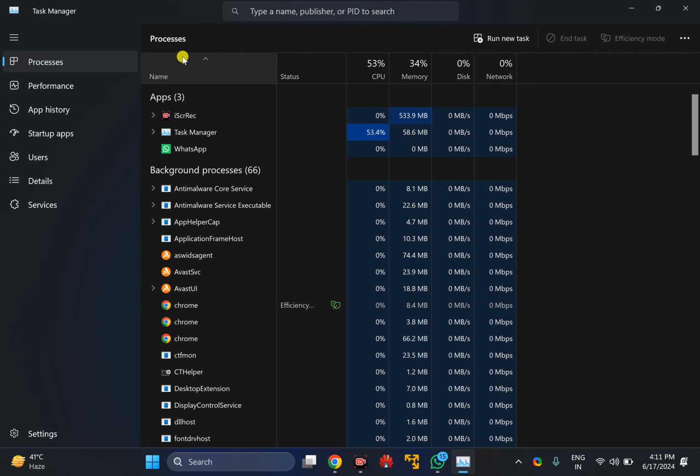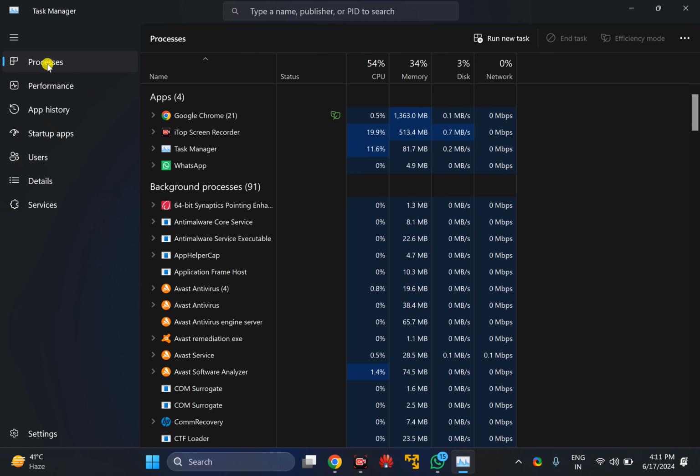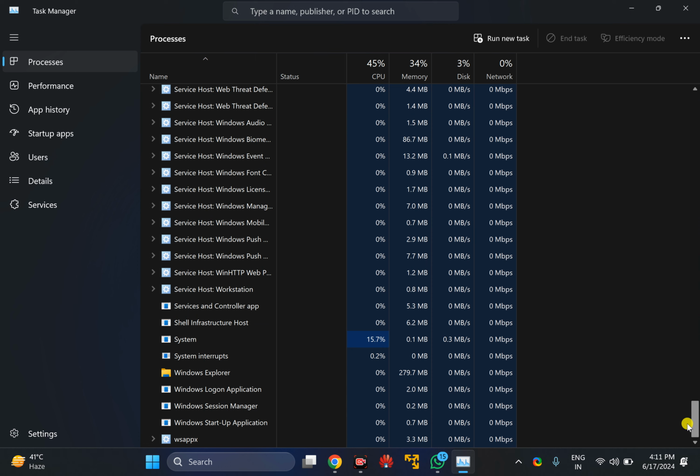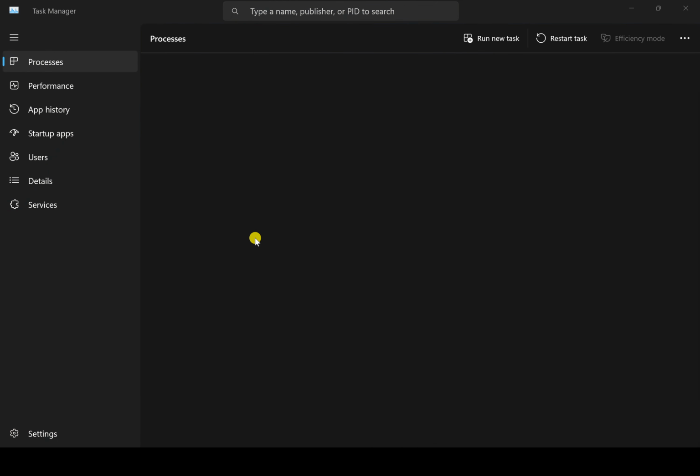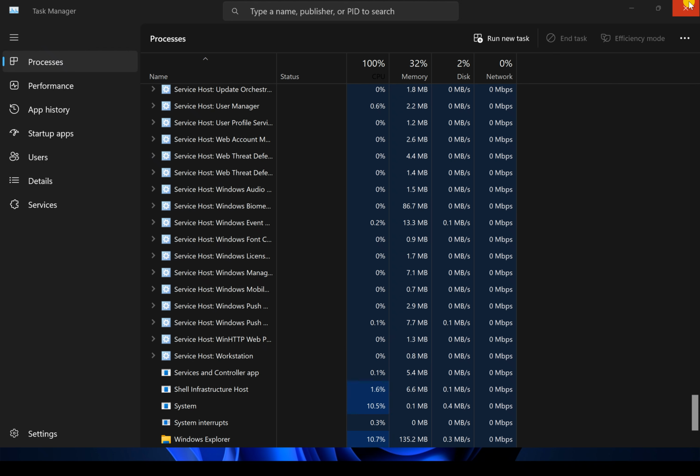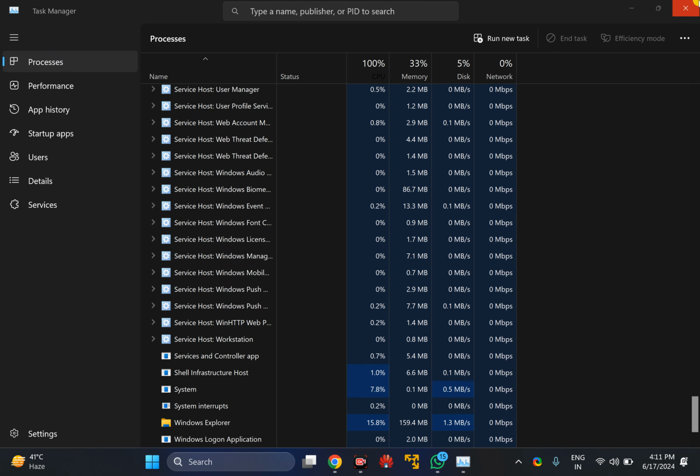In the Task Manager, select the Processes tab in the left sidebar. On the right, scroll down to the bottom to find the Windows Explorer process. Right click on it and choose the Restart option. There is no need to restart your PC, just restart File Explorer.